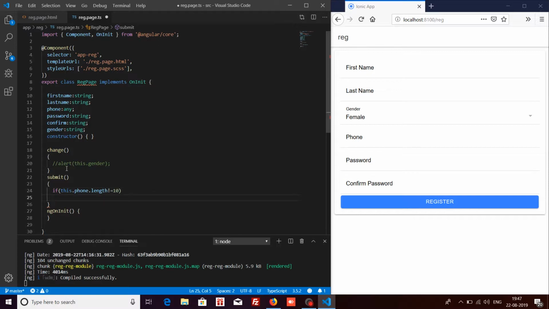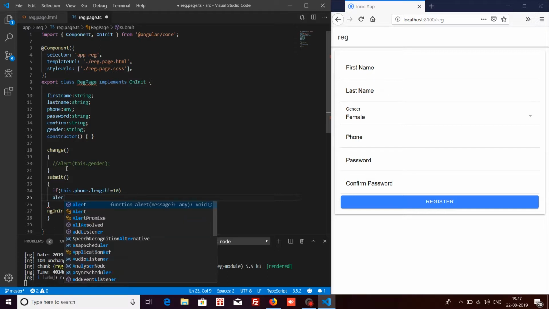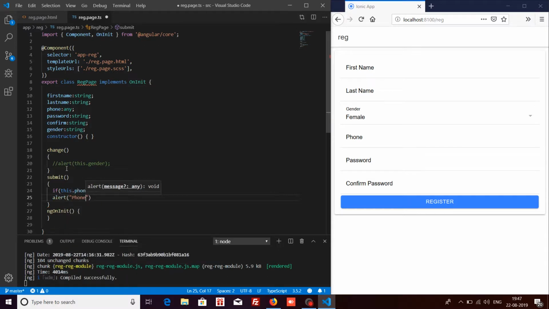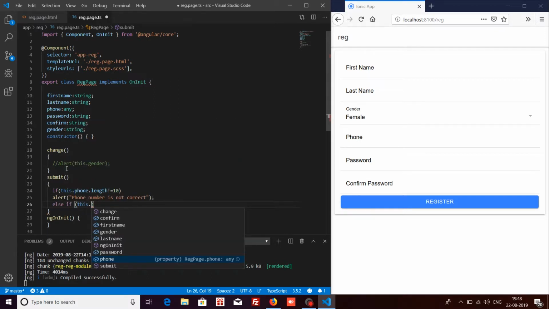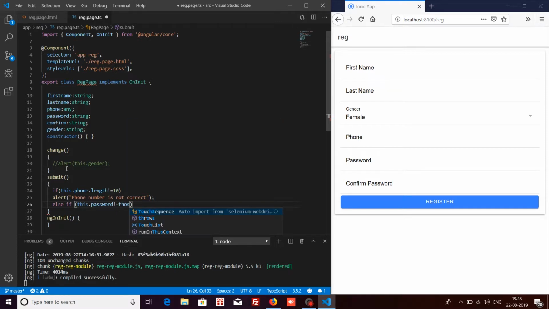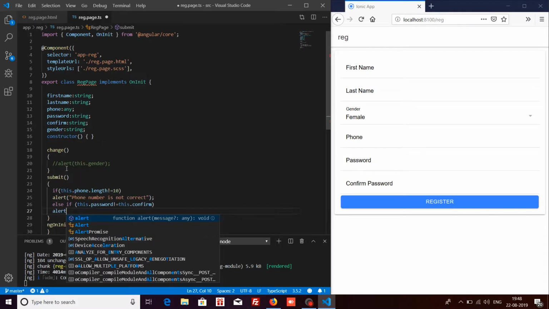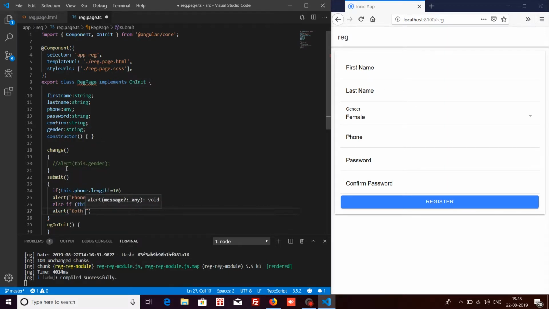Then, if the phone number length is not equal to 10, the phone number is not correct. Else if this dot password is not equal to this dot confirm, that is the passwords situation. If they are not the same, then show that both passwords are not the same. If both these validations are cleared, then